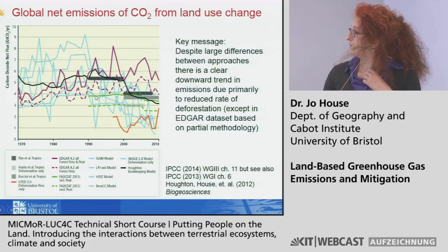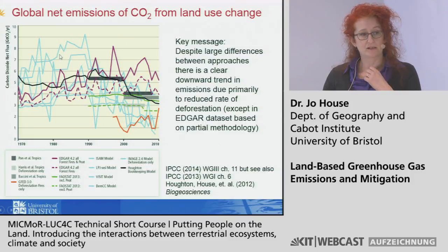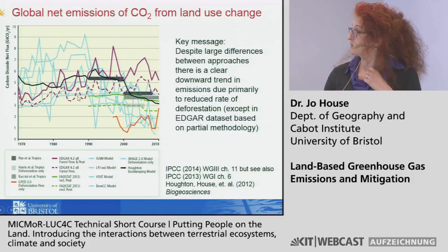So the green line includes emissions from peat, and the dashed line is not including emissions from peat. Houghton doesn't include emissions from peat, and neither do any of the DGVMs at the moment. So that just gives you an idea of the increase there might be over what they have now, if those methods actually did include peat.